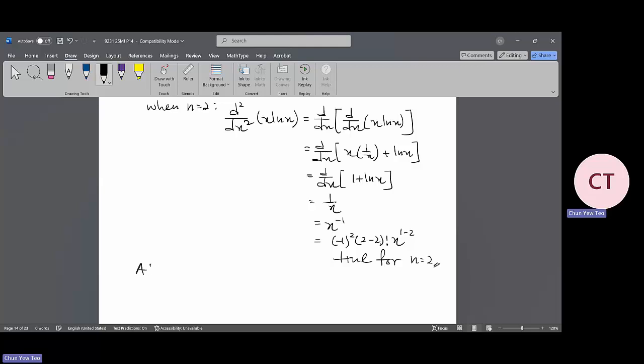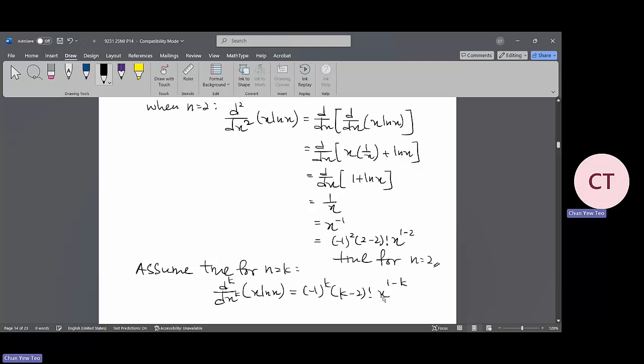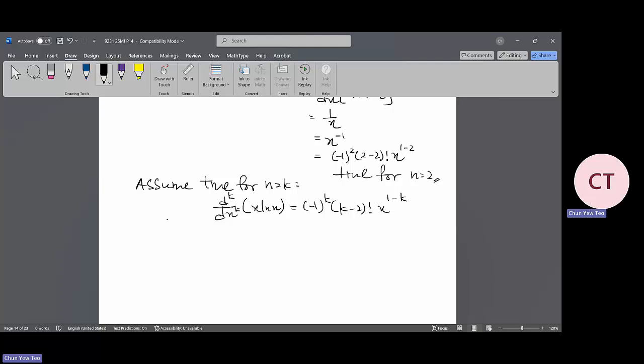Then I assume it is true for n equal to k, which means that the k-th derivative of x ln x will be giving you negative 1 power k minus 2 factorial, x power 1 minus k. So we assume it's true. Then when n equal to k plus 1,